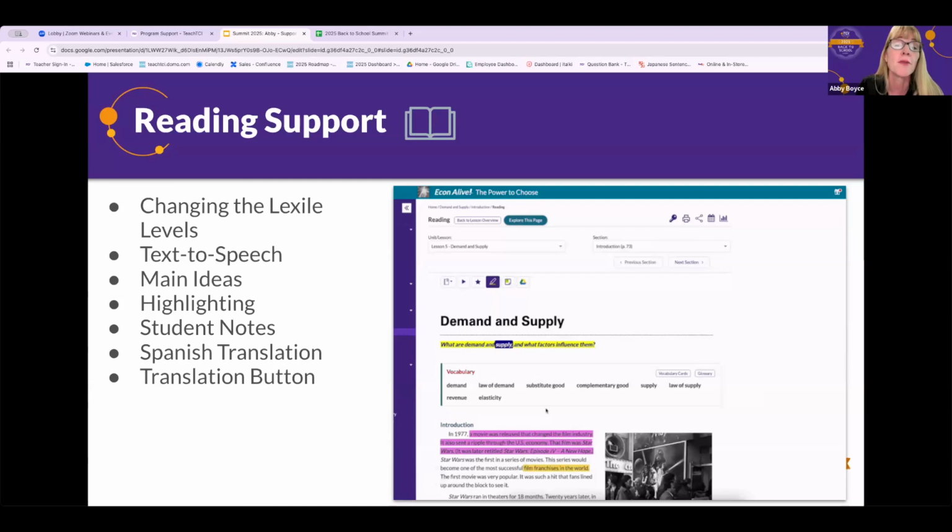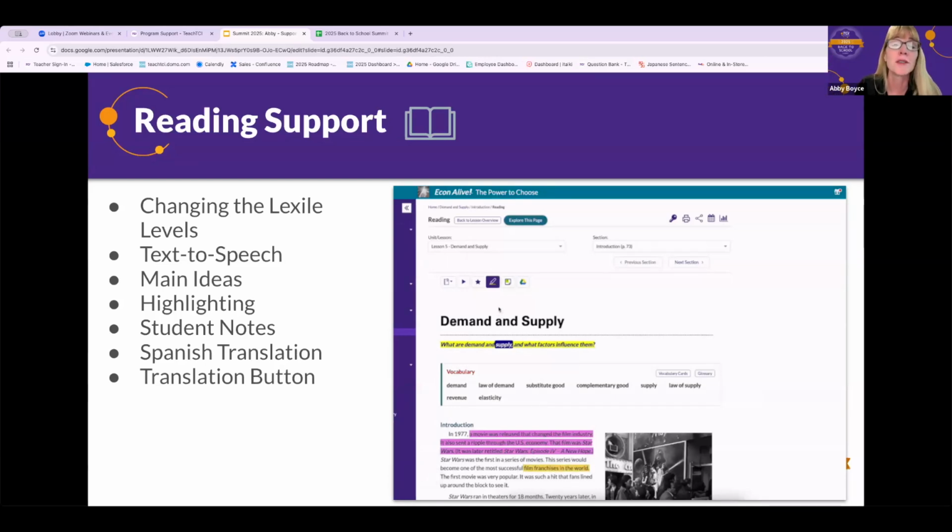We actually have native Spanish speakers that are catching the nuances and inflections of the language, which is super helpful. But the feature that we are super excited about that literally just rolled out 2 days ago is our translation button. And so we're going to show you that live, and you can actually highlight the student text that you want to translate. And there's a drop down button now, and there's hundreds of languages, and it will automatically translate the text and narrate it aloud in that language.